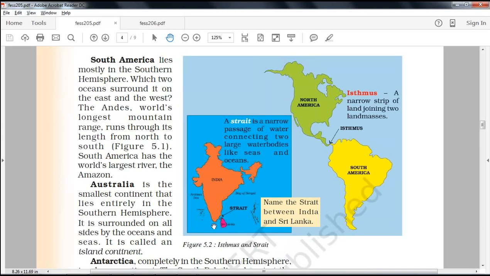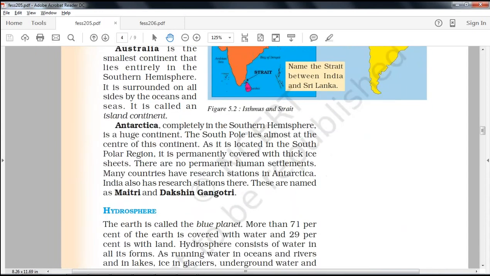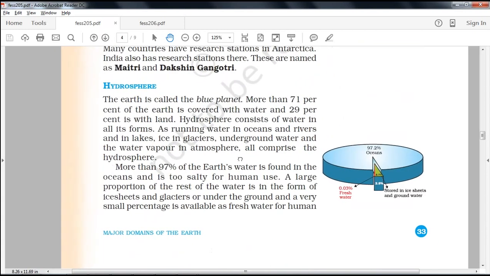Here one example of a strait is given. This strait is known as Palk Strait, which is separating the India and Sri Lanka land masses. We discussed Australia, Antarctica. And coming to hydrosphere,